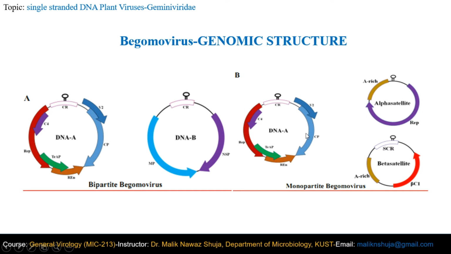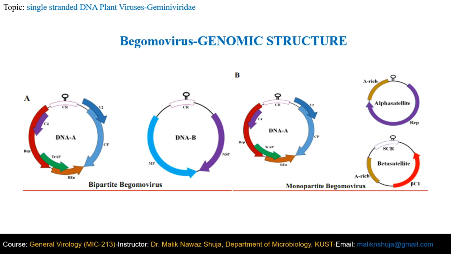It should be noted that mostly monopartite begomoviruses are associated with DNA satellites. One satellite is known as alpha satellite, and the second is known as beta satellite. Alpha satellite has only one open reading frame, present on the virion strand, known as REP, which is responsible for autonomous replication of alpha satellite,